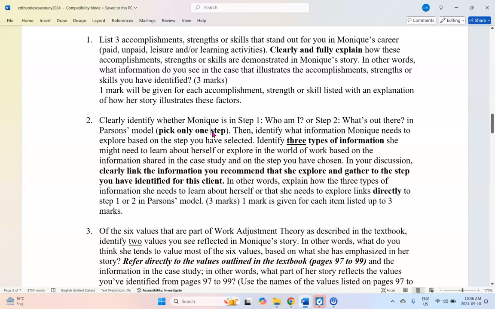And so it's important that you understand what to look for in those steps, and to clearly identify in the story how you know that the client is in that step. Identify the information that she needs to explore based on the step you have selected. So if you say she's in step 1 or you say she's in step 2, based on what you have learned about Parsons' model so far, identify 3 types of information that she might need to either learn